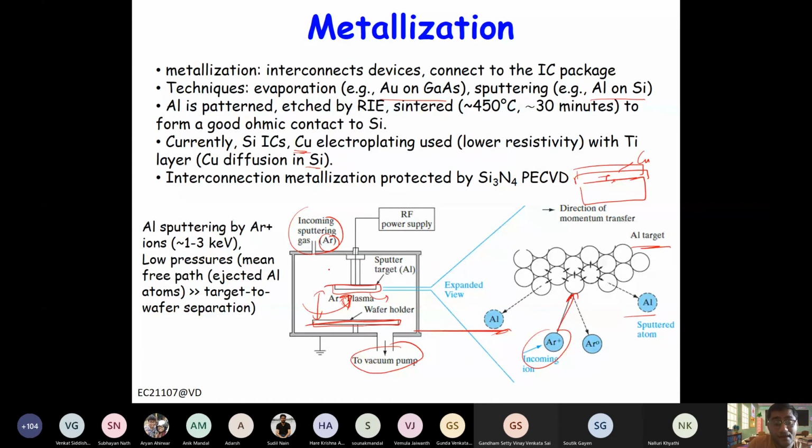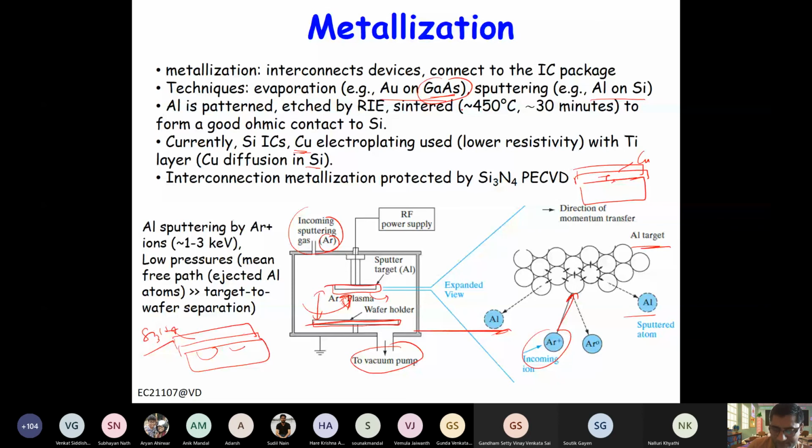And another thing is that once you have these interconnects ready, let's say this whole wafer has the device made, the interconnect made, right? Then on top, a silicon nitride layer is deposited, right? And in case of gallium arsenide also, some kind of cap layer is deposited, because at high temperature arsenic has a tendency to go out, right? So that will of course create defects, right? So some kind of cap layer is deposited on the final product, so everything is covered and safe.